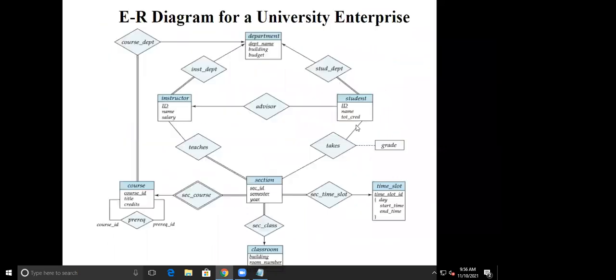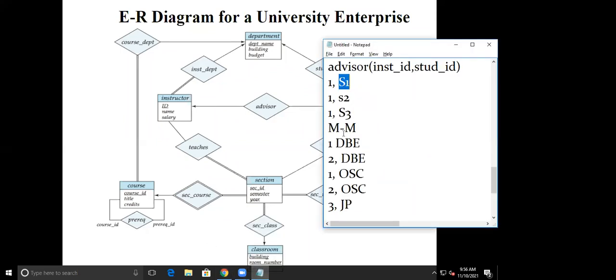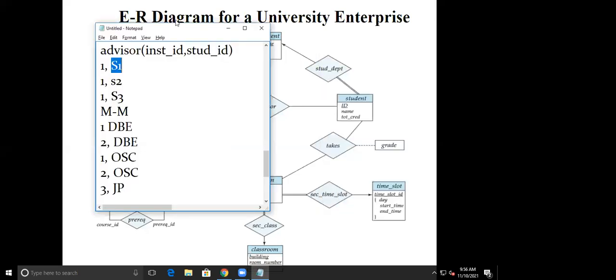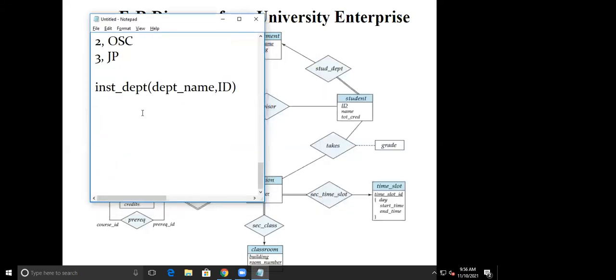Okay. So now here consider a takes relation. Okay, in case of takes, I'm having its descriptive attributes as a grade. Okay, takes ला स्वतःचा attribute आहे grade. Then in that case, whenever we are converting takes relationship into a relational schema, so takes, this is the name of my relationship, primary key of the student ID. Then here